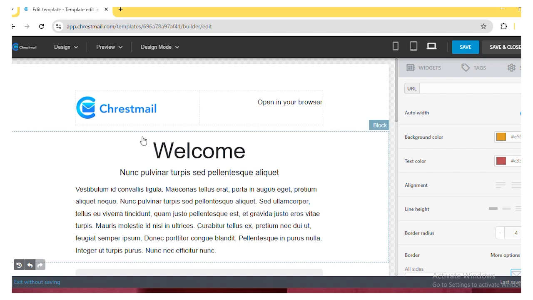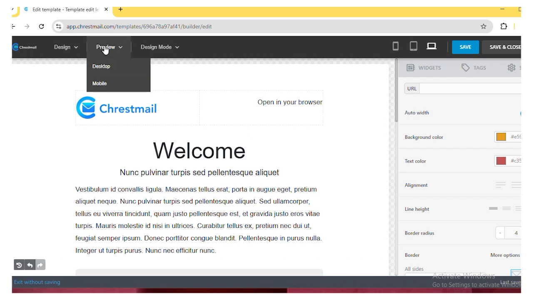And one thing I would always say, very very important, note this: once you are done designing your email, one thing you should do is to preview, because most of your customers or users would probably be using their mobile phones to view your email. So you want to be sure that it is responsive both on mobile and on desktop. So if I preview this email,